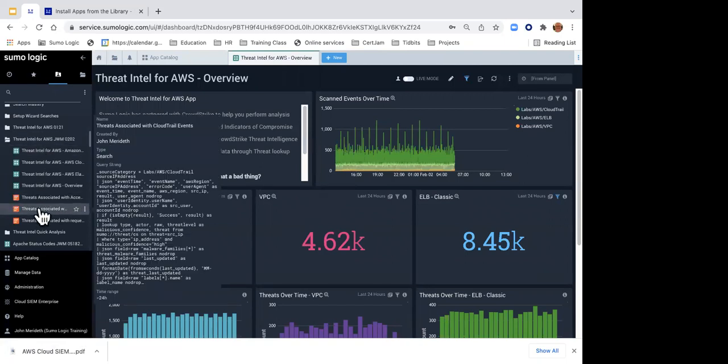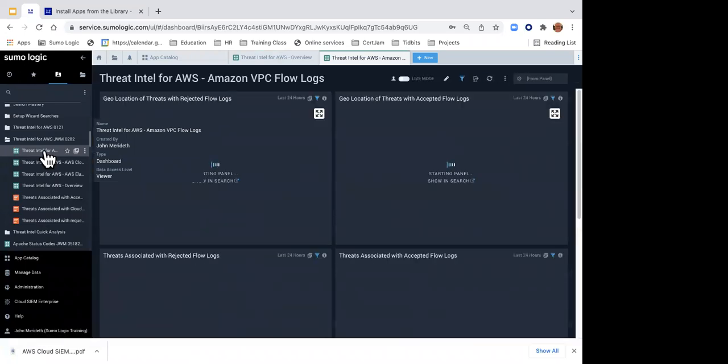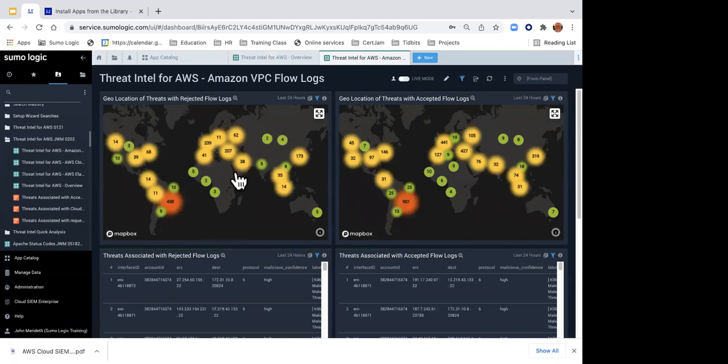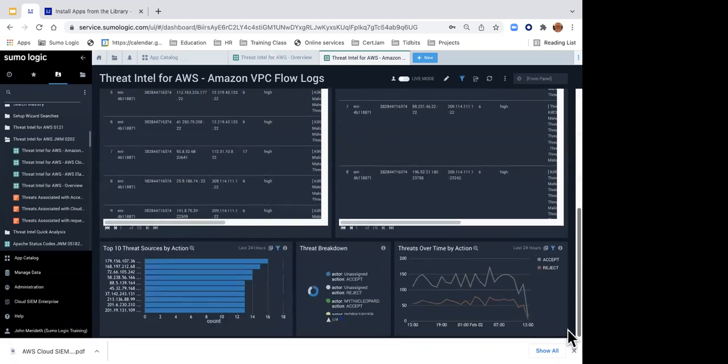Now we've installed this application, you've installed this application, and hopefully as you click on these dashboards, you are in fact seeing data. And you'll see the little green line scrolling through, that means the query is running, and now it's showing me my data. So here I can see, again, my VPC flow logs, rejected flow logs, accepted flow logs. I can see the actual logs themselves down here. All kinds of good information. And all I had to do was install the app.